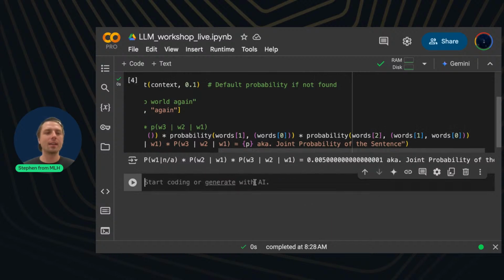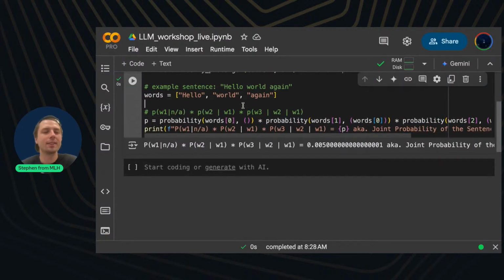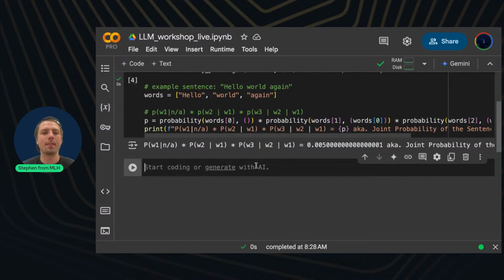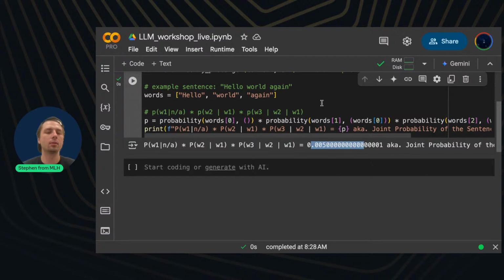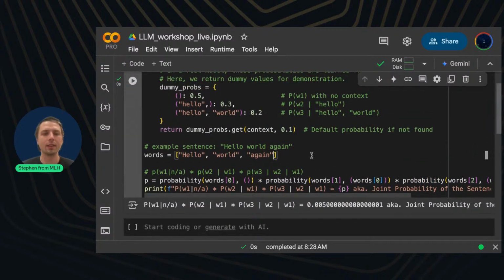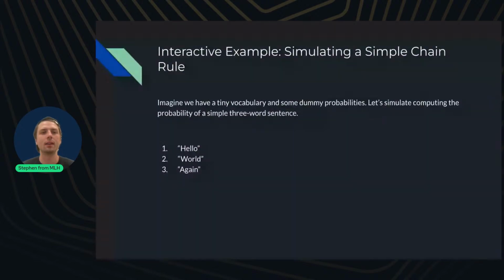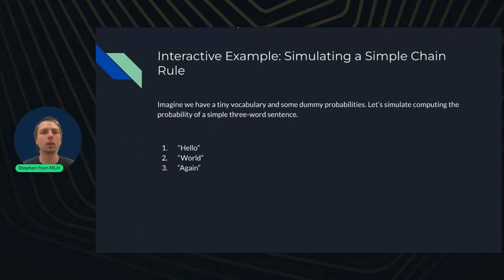All right, so this would be the probability of just finding this sentence out in the wild, finding it out in like Wikipedia, for example. And then we can continue the sentence, and all of the other sentences that branch off of this are contained within here. But we could get even further. We could get "hello again, Paul," and we could just keep going with it. But that's the basic idea of how these simple chain rule methods work.